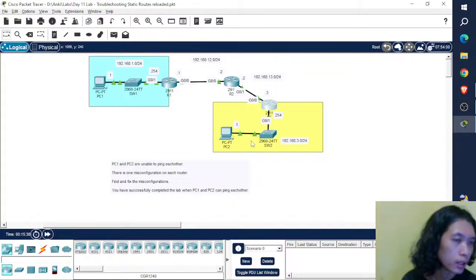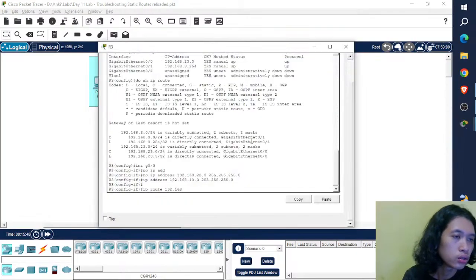So our job is to route the packets to the 192.168.1.0 255.255.255.0 via